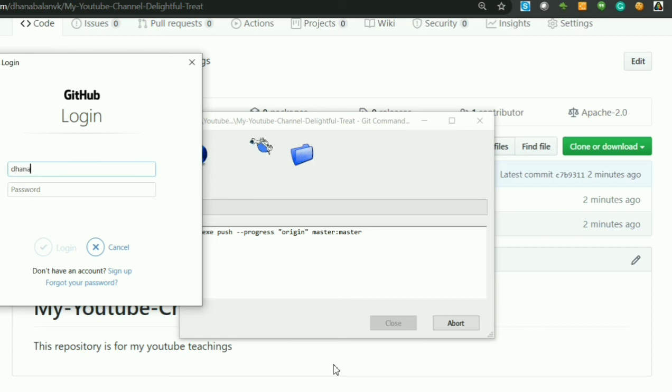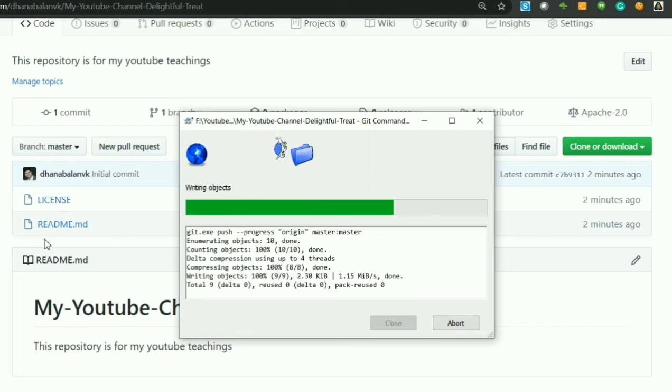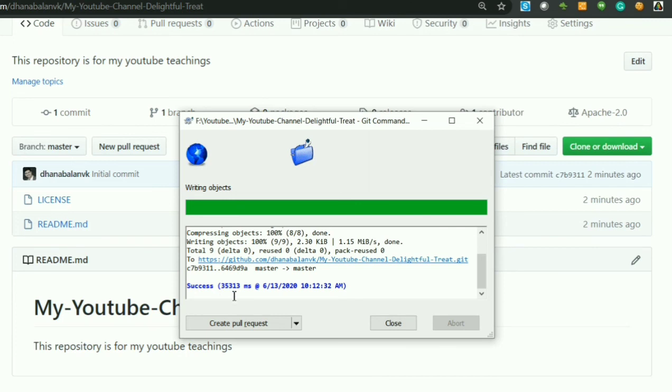I am giving my username and password for github.com. Once it is authenticated, all the changes committed locally will get pushed to the remote repository, which is github.com. Once you see that success message, with a total of 9 files committed, there is a success message with the commit ID.